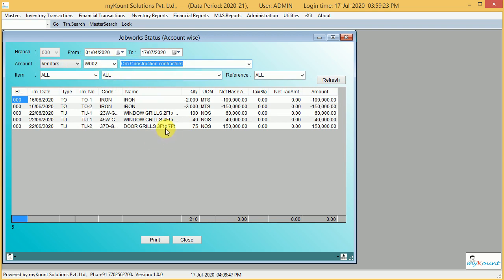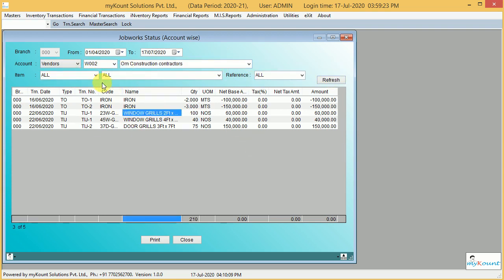See, these are all items. Whatever shows minus, we issued goods to this vendor. Whatever shows plus, we received the goods from this vendor, customer or supplier. So based on the selection, these accounts will change here.